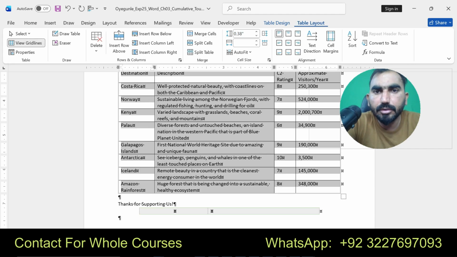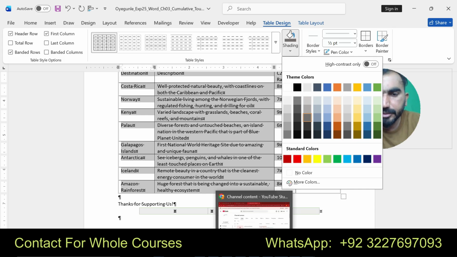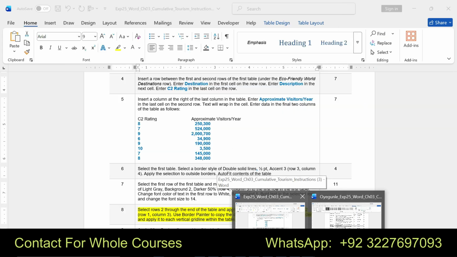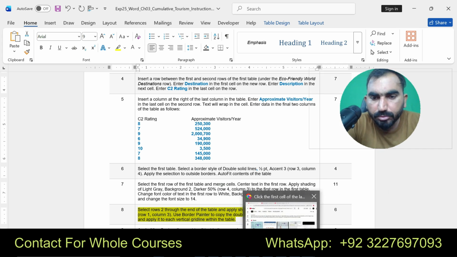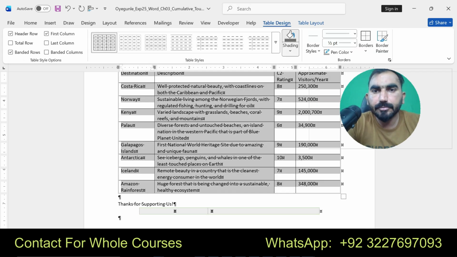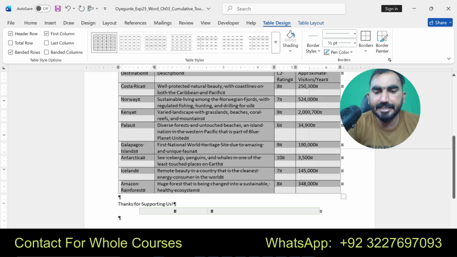Shading is light gray background. I have applied the shading. Then